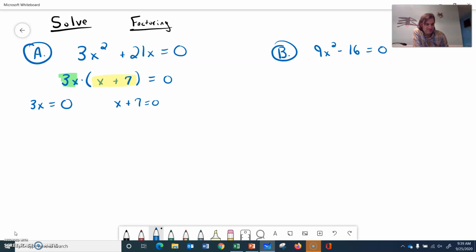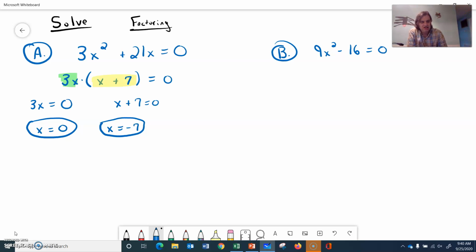And some people make a mistake here, but if you take 3x equals 0 and divide both sides by 3, you get x equals 0 as one answer, and that is an answer. You could go back and plug it in and check it. The other one gives me x equals negative 7 when I move the 7 over. Once again, you could check that. So that was a little bit quicker if you're missing a term or you notice that you can factor it a little bit differently. Okay, so we still used factoring, but we didn't use the AC method